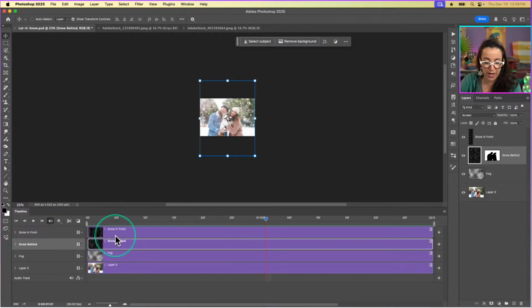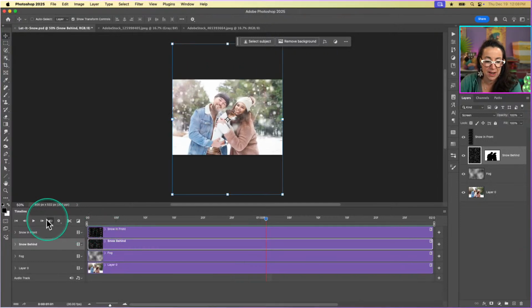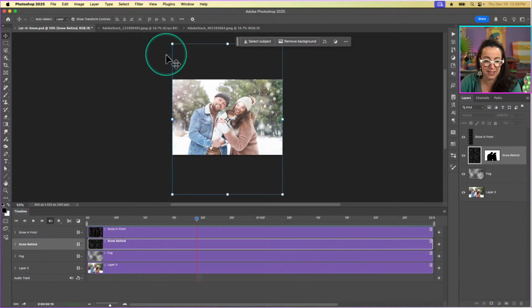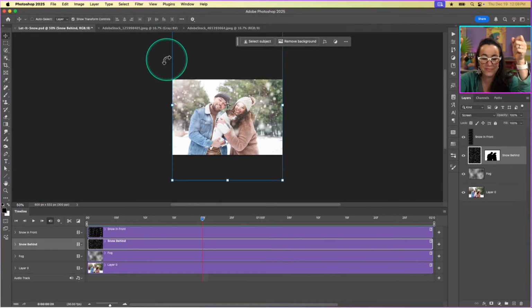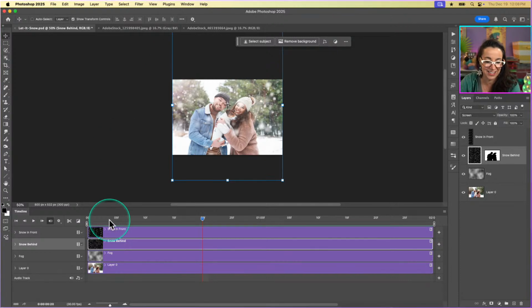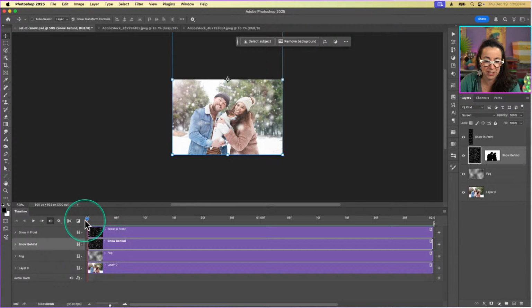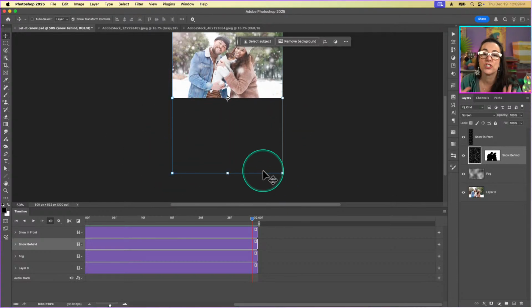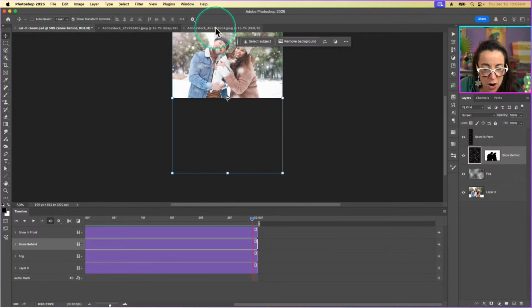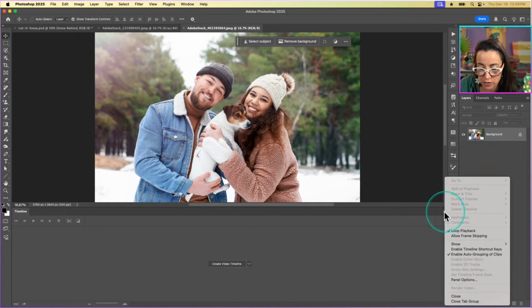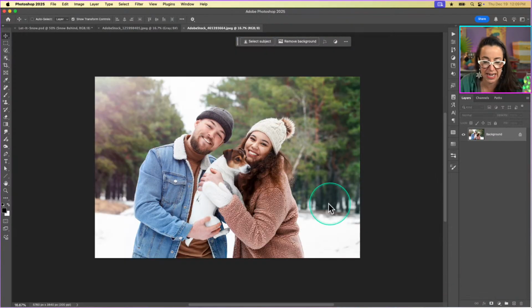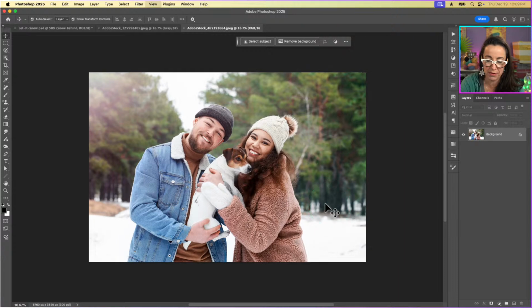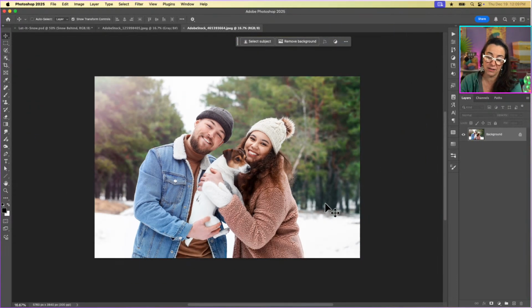So this is where we are headed with this today. When I play it, it doesn't animate the box around the layer as it's moving, but you can see it. If we jump to the beginning, you can see it's mostly at the top. And when we jump to the end, the extra is now at the bottom. So that's what we're going to be creating today. Let's get started. I'm going to close this timeline panel because I just hate it being on my screen most of the time. I'm going to show you how we get that later. But first, let's just start by